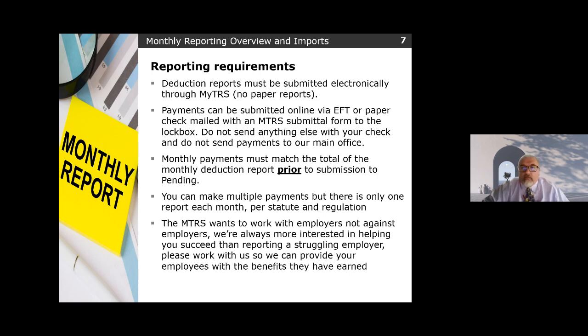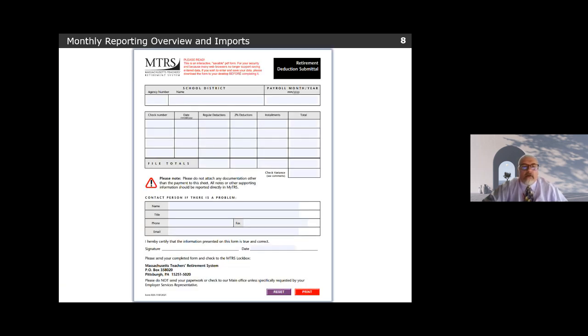So what I want to show next is actually the deduction submittal form. This is the one-page form that you send every month. And as you can see, it's really set up to be sort of like a deposit slip, right? So you're going to have your agency number, which is your 4-digit MTRS district code, your district's name, or your employer's name, the payroll month and year, because if you're sending in a check, we need to know what month it's for, and then multiple spots for you to enter check numbers, the date, regular deduction breakdown, 2% breakdown, installments if there's any,